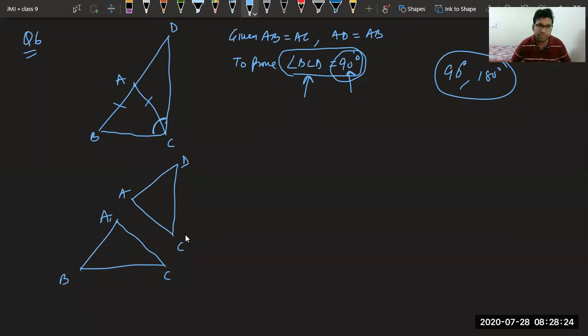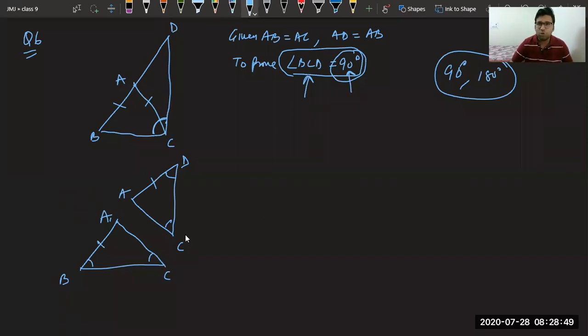CA bisects BD. Yes, beta. We will see that also. You want to say that these angles are equal, then this angle equals this angle. But I don't get how you can prove them congruent. Sir, by ASA, Rudra is saying. Yes, beta. It cannot be done by congruency, I guess. We can construct from AC.